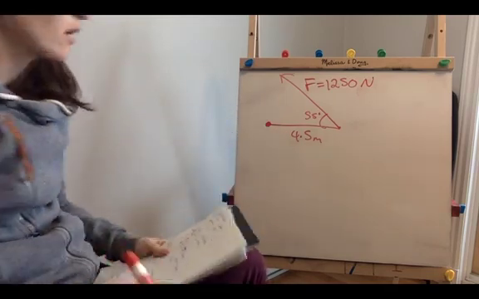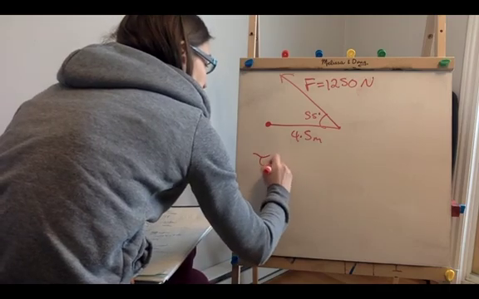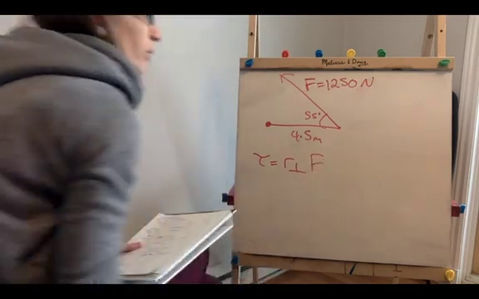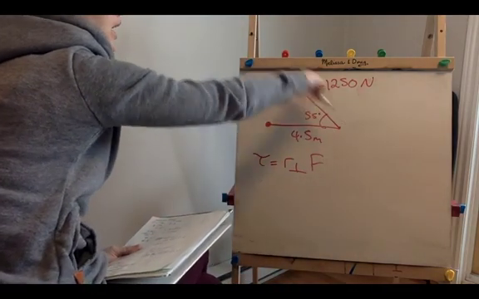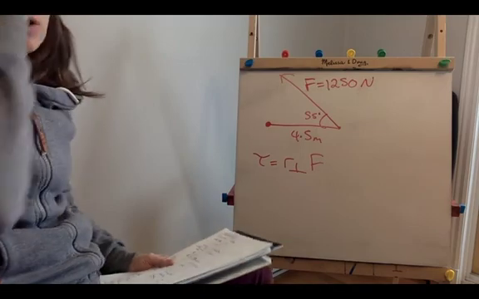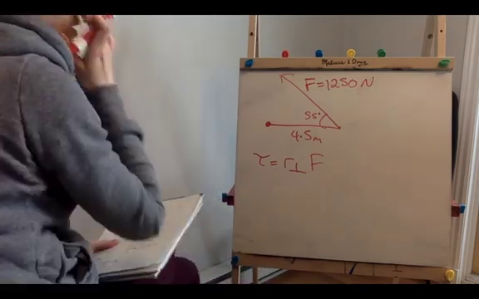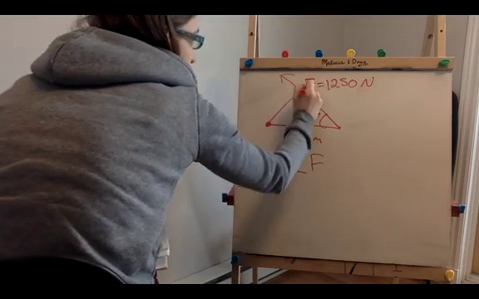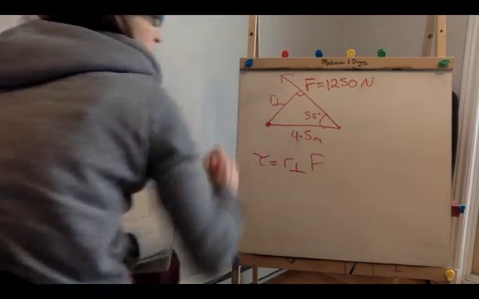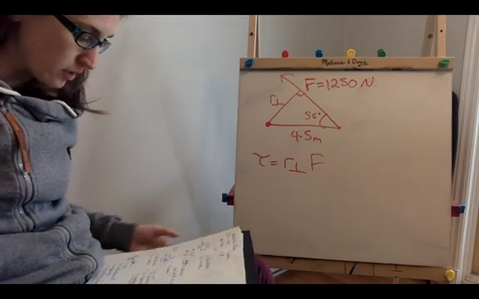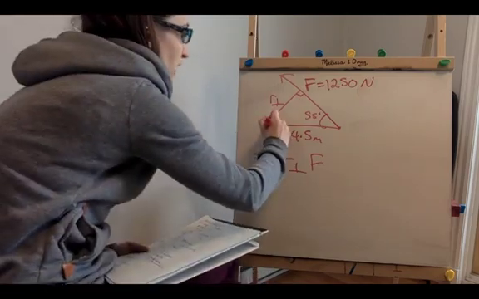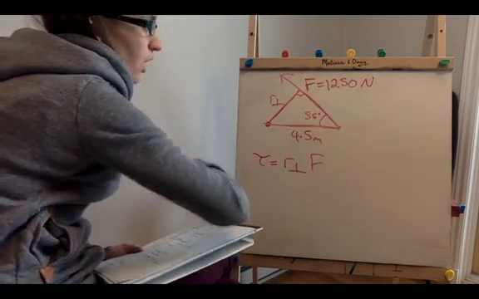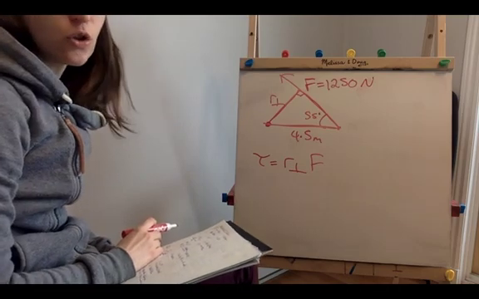Now in order to calculate torque, which is what we've been asked, our torque is equal to the distance of the lever arm, which is perpendicular to the force, multiplied by the force. So the force is being applied in this direction, so we need to figure out the distance of our lever arm, which has to be perpendicular to the force and attached to the pivot point. So what we're going to get is a distance like this. This is going to be our lever arm. So again, you get that right triangle, where you have the angle, you're looking for the opposite side length, and there's your hypotenuse, so you can set up